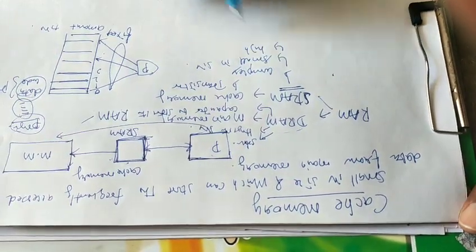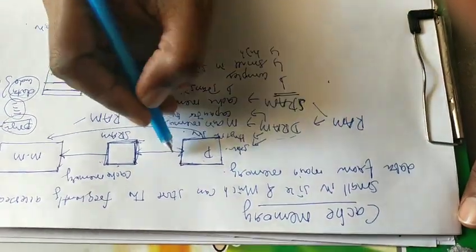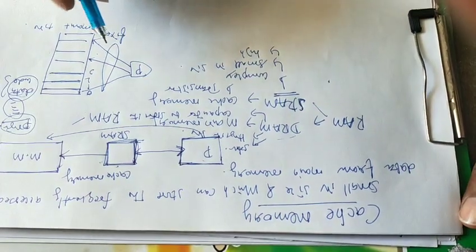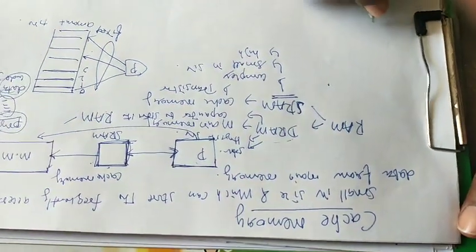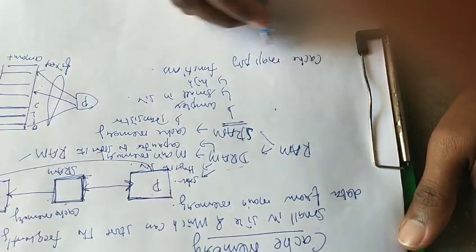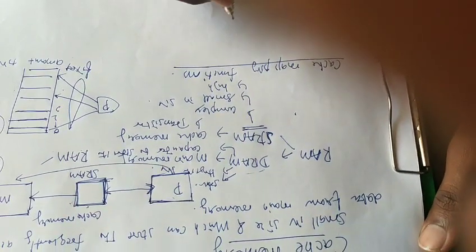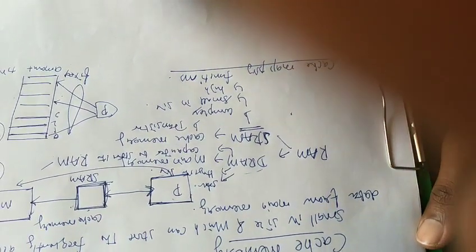These are the things we discussed so far. Next, the main concept we are moving to is the cache mapping technique, cache mapping functions. What is a cache mapping function? What is the need of cache mapping functions? And what are the categories of cache mapping functions? These things we should